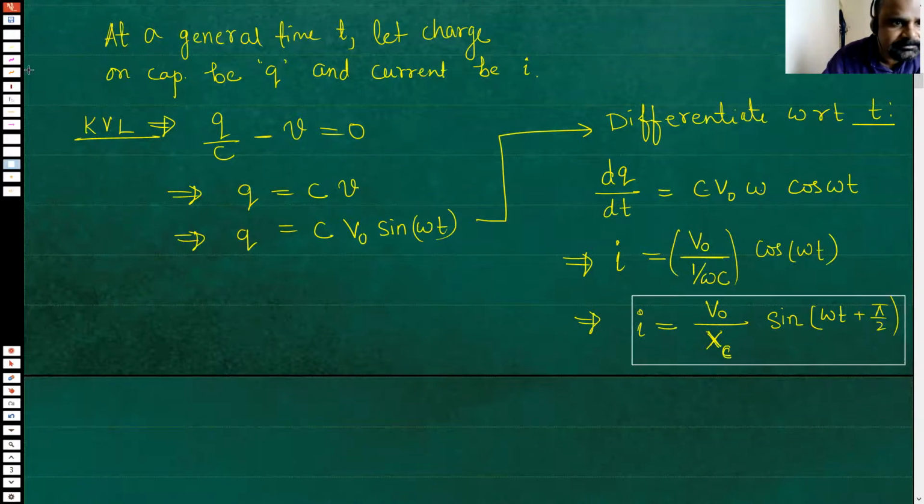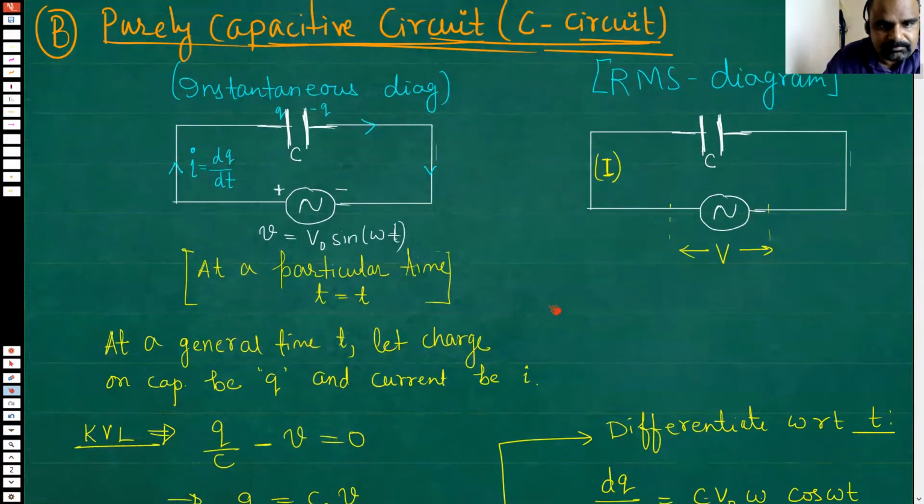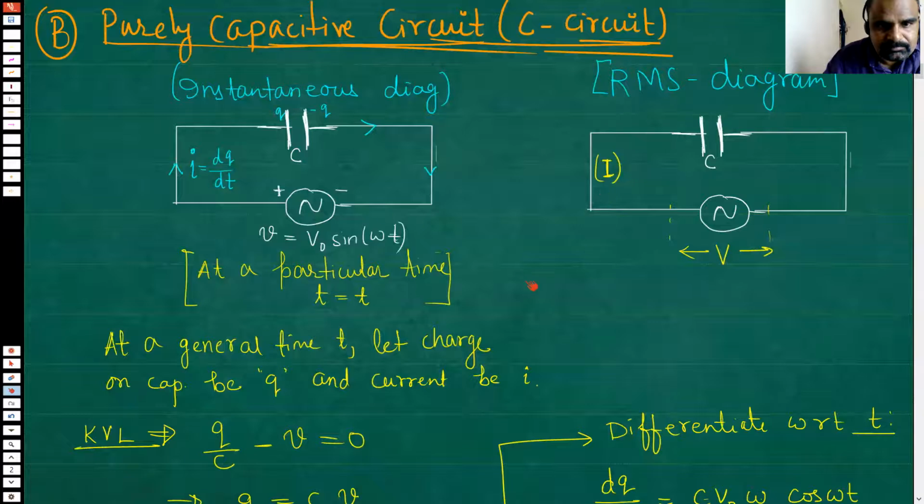Sir, just a second. Can you show the diagram, sir? I have a doubt, sir. Yes, this is the diagram. Yes, sir, now visible. Sir, we move across here, so we calculate using KVL. When we apply KVL, we move from here to here as we move, Q by C. Then from here to here, we are moving from negative to positive. So there is a V gain, but we want V drop, so minus. Oh, yes, sir, that was my doubt. Okay, sir. Thank you, sir.